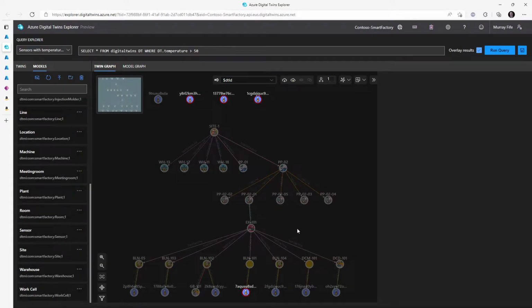So if we have information coming from not only IoT sensors, but from other areas, then we can start augmenting this. We could have work orders that are associated with production lines, or we could have workers that are located on the lines so that we can model out the physical world